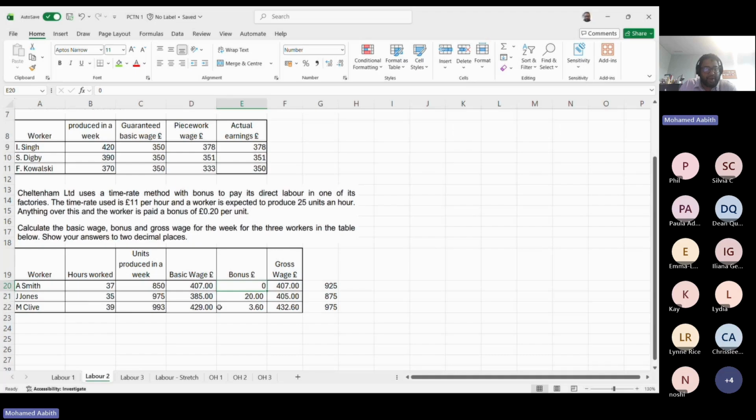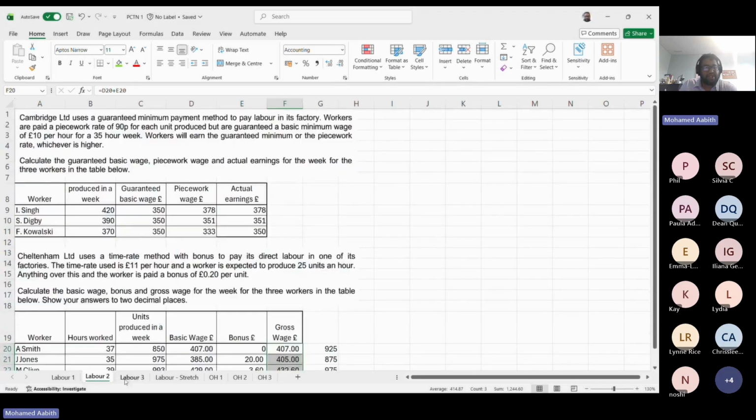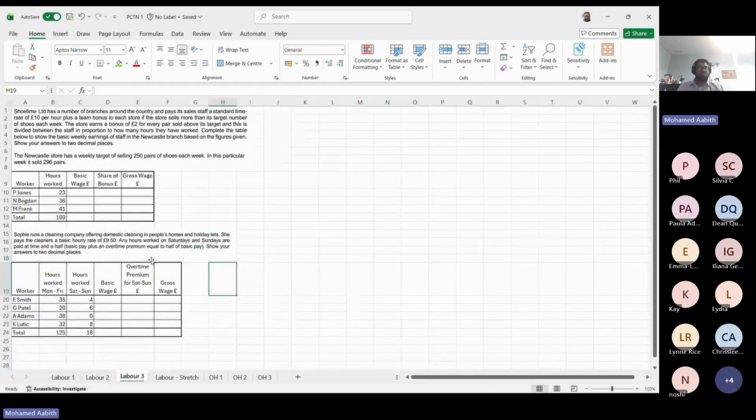J Jones got £20 bonus. M Clive gets £3.60 bonus, and this is going to be their gross wage after they have done all these productions there. Now let's look at the third question. So this one is going to do with